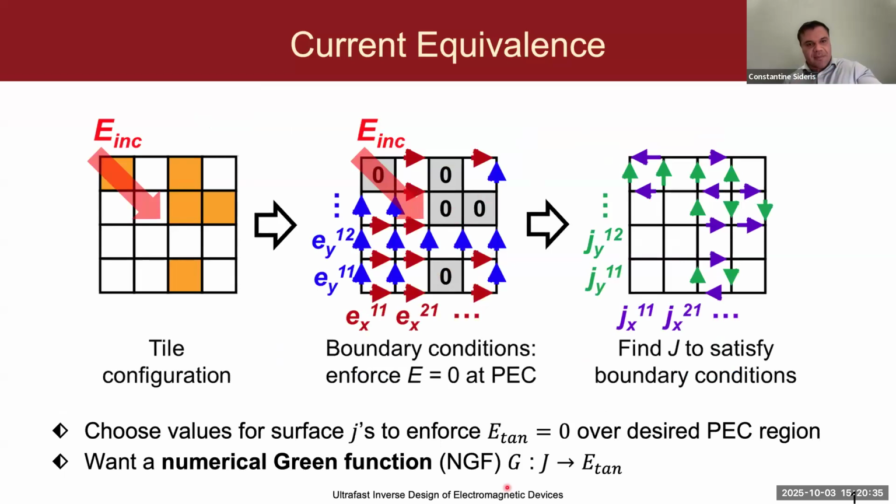And so by solving that system of equations, which keep in mind, as I mentioned, is only proportional to the size of the optimization region, because we only need to have these current sources wherever we have pieces of metal, we can find the equivalent currents that would satisfy Maxwell's equations. And now by uniqueness of Maxwell's equations, we actually have solved the same exact problem that we would have if we had implemented the piece of metal directly as material parameters.